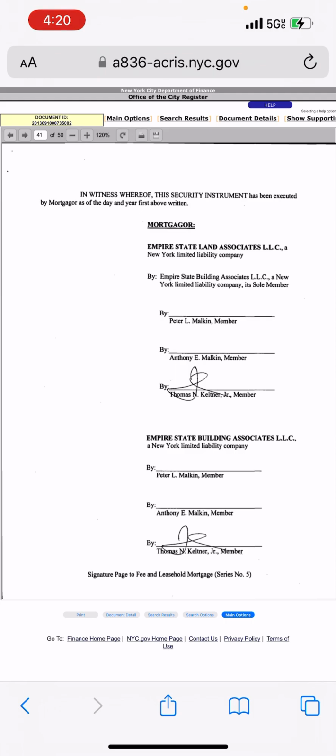So apparently both of these assets, I should say, are owned independently. There's the land and then there's the building. Now, if you look, both of these separate entities that own the land and the building, referred to as the Empire State Building. All the members are the same for both of these